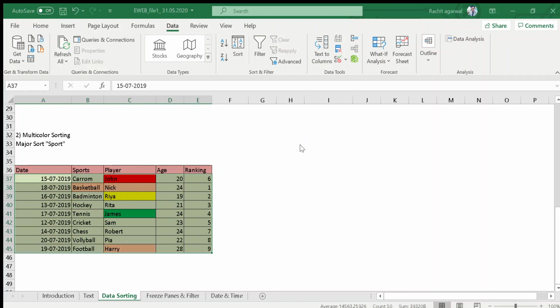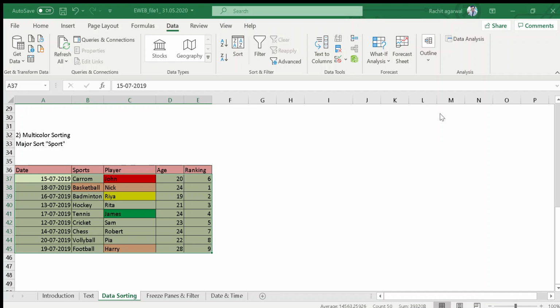Now here I want to again sort as per the ranking, again on the cell color. So here only light green color is appearing, I don't know why.